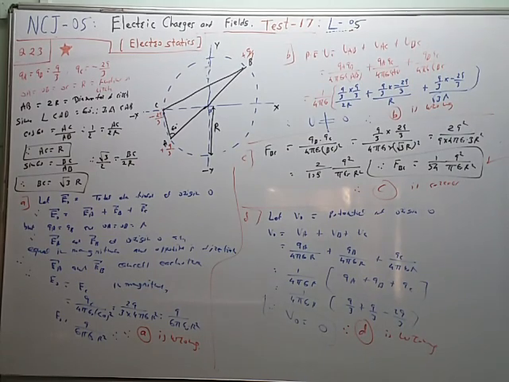Now we have to find the force between the two charges at the ends of chord BC. So this is Q by 3, this is minus 2Q by 3. We have to find the magnitude only. So Q1 Q2 upon 4 pi epsilon naught R square. This is Coulomb's law. So by using this Coulomb's law, with BC equal to root 3 R, we get this value, like this. So only C is correct.